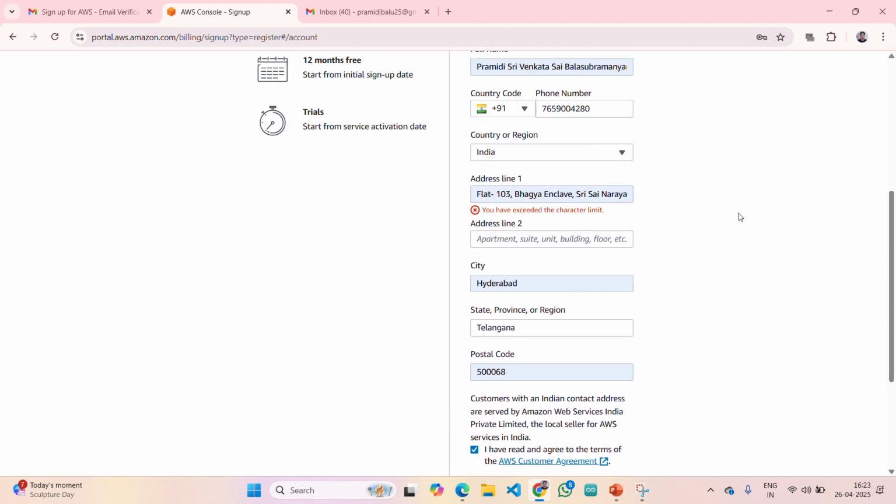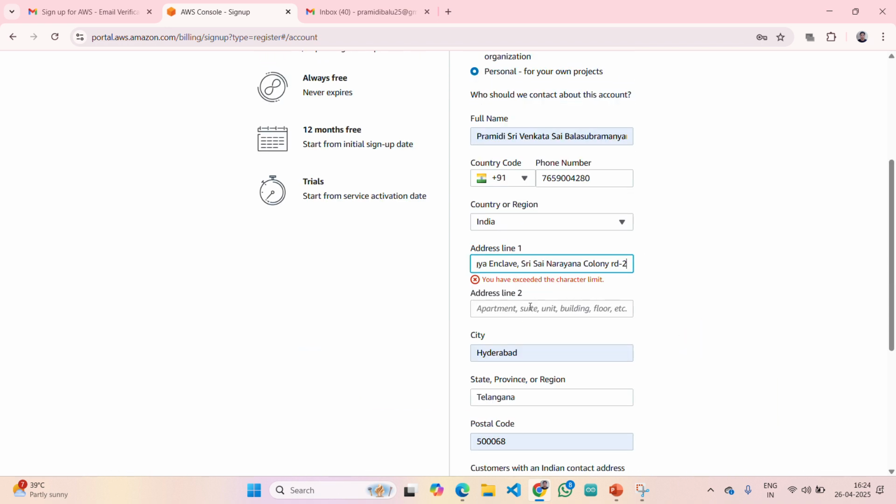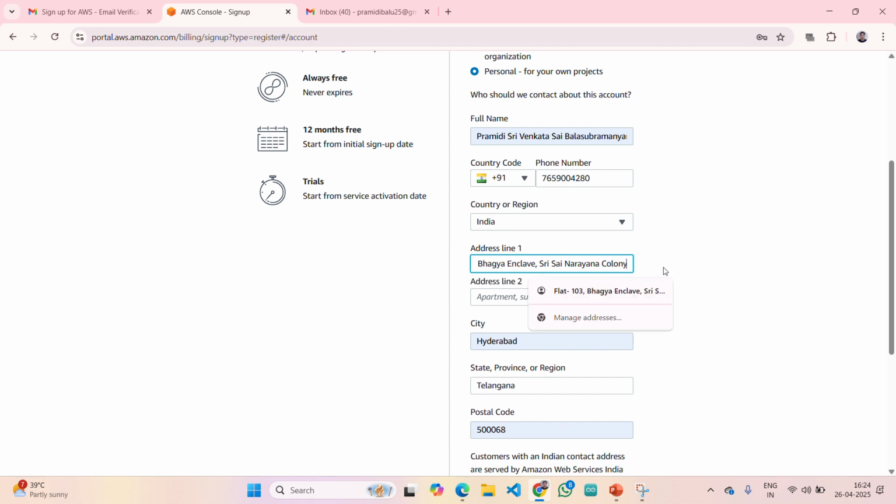Oh, character limit exceeded. It will ask for all the details and again it will only say that the limit is exceeded. So let me clear it. Still it is exceeding the character limit.